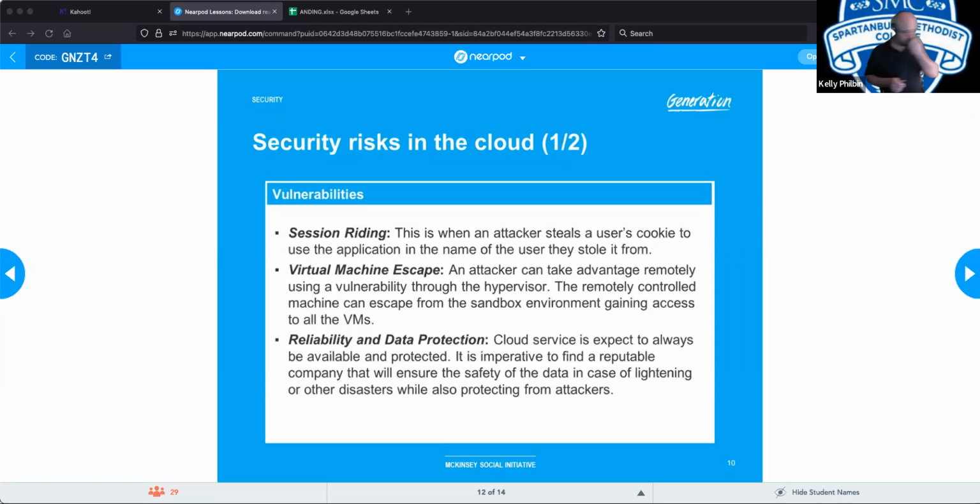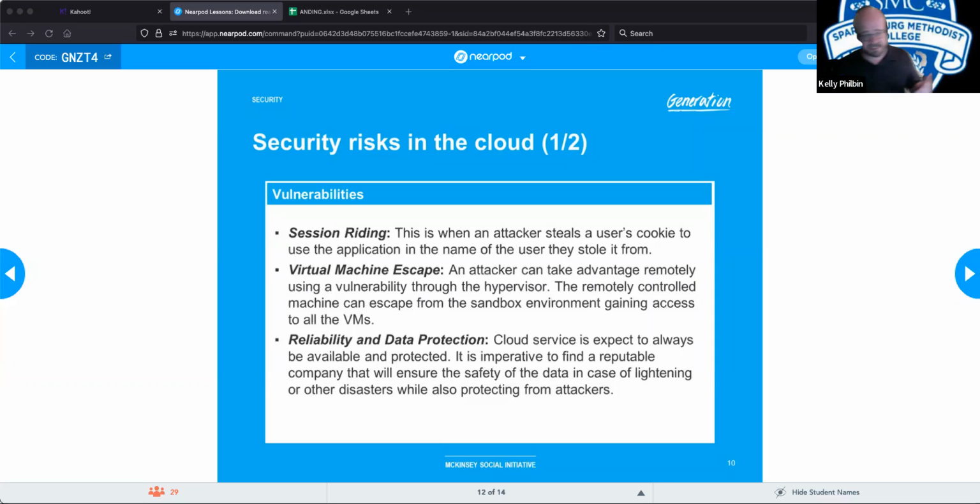Now, as with any company you are going to be doing business with, you need to do your research. Make sure they're reputable. Make sure they're in good standing with their current customers. Do they have a disaster recovery plan or a backup plan should their data center go down? Do they have more than one data center?